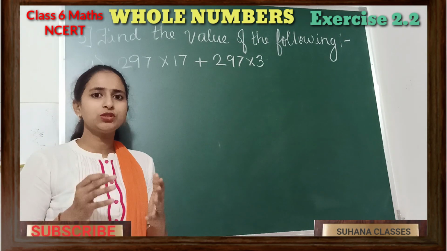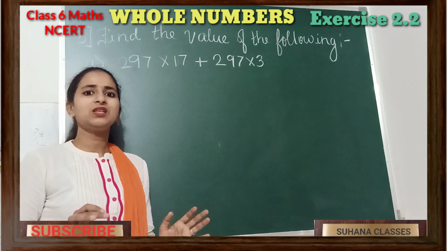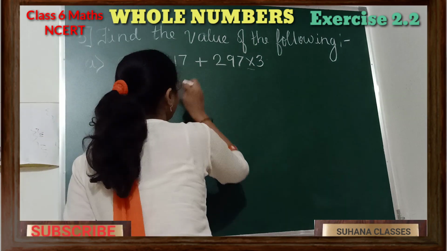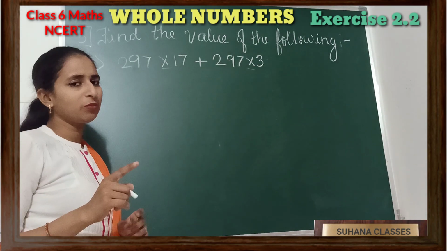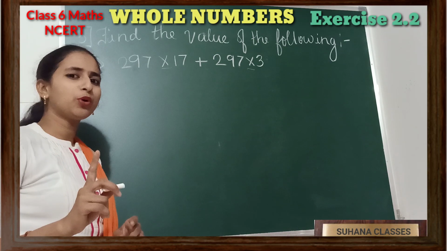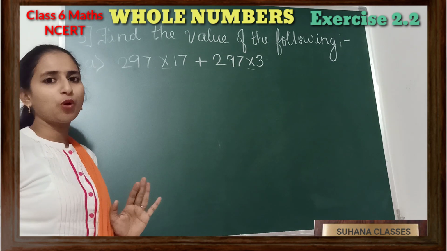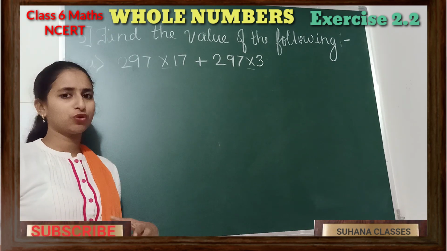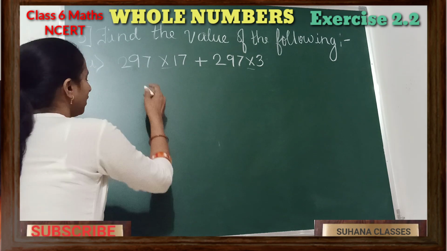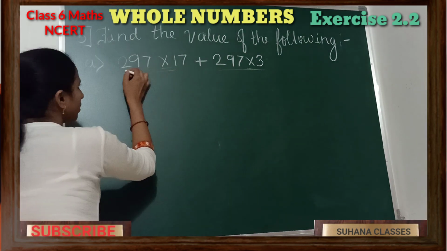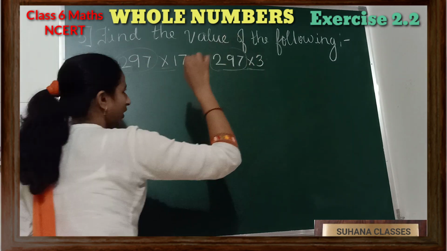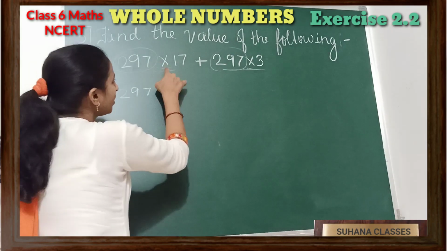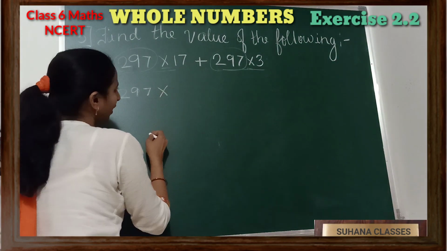As we remember our properties, using those properties we are going to solve this. Here there is multiplication twice, and addition in between. Students, do you remember the distributive property of whole numbers? What is the distributive property? If one number is given outside the bracket, you can distribute it separately to both of them. But the opposite we can also do. If both numbers have one same number multiplied with them, I can bring it common outside. They are attached with the multiplication sign.